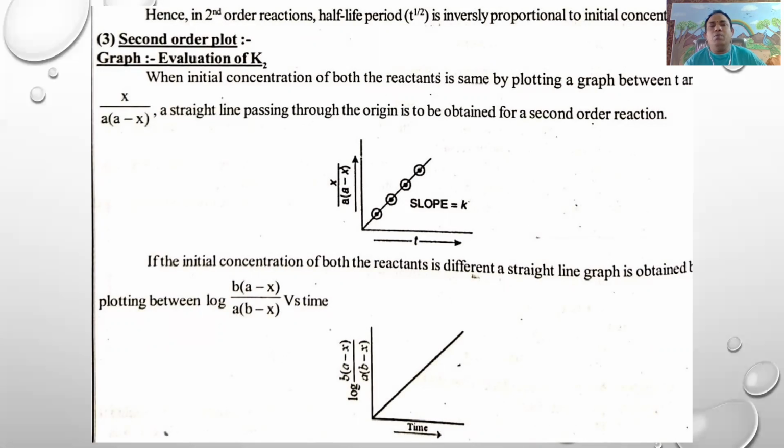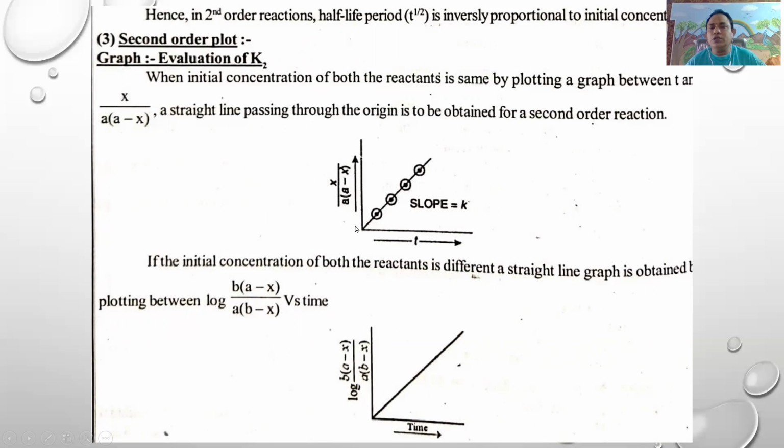While plotting the graph between x by a into a minus x versus time, where x by a into a minus x is related to the concentration of products, we obtain a straight line with a positive slope, because initially when the reaction has not started,